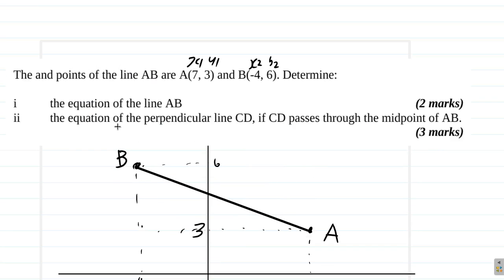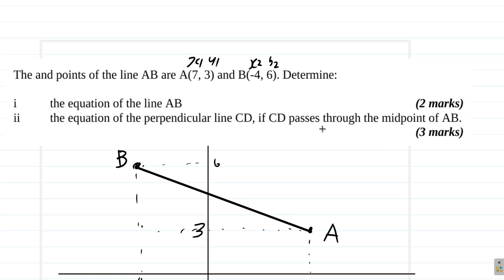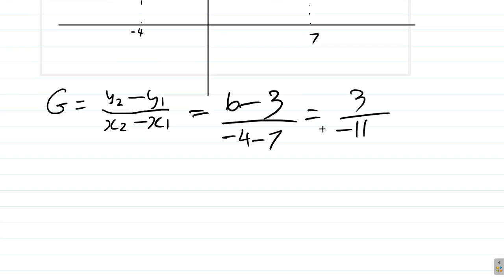After that, they ask for the equation of the perpendicular line CD, if CD passes through the midpoint of AB. 3 marks, I think they should give more than 3 marks, you know, because of the amount of work that you'll have to do. But anyway, you have the perpendicular to AB, CD. Now that perpendicular, what will be the gradient? Gradient